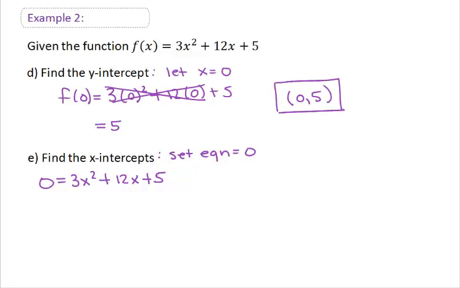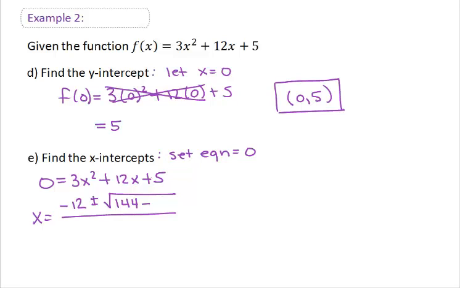My first instinct would be to factor this, but unfortunately this does not factor. So we have to solve this one by either doing the quadratic formula or completing the square. I'm going to choose to use the quadratic formula. So I have x equals negative b, which is negative 12, plus or minus the square root of b squared, 12 squared is 144, minus 4 times a times c, which gives me